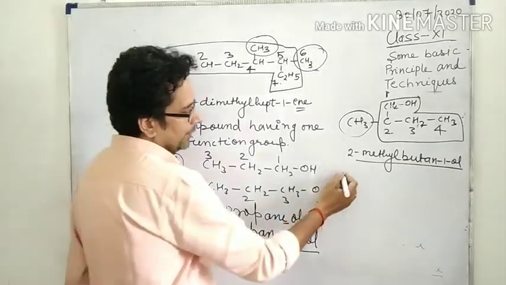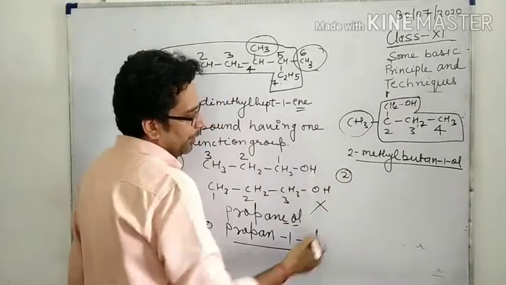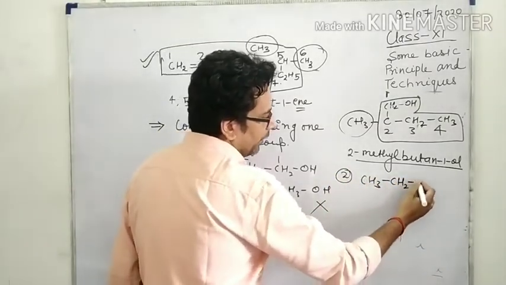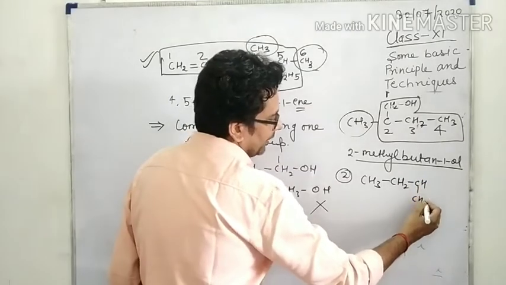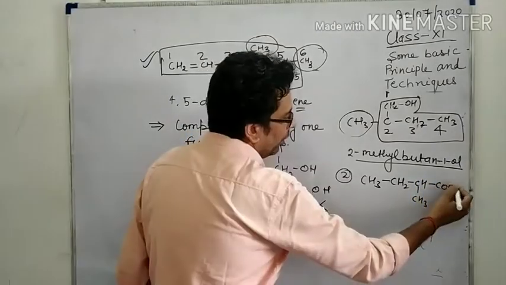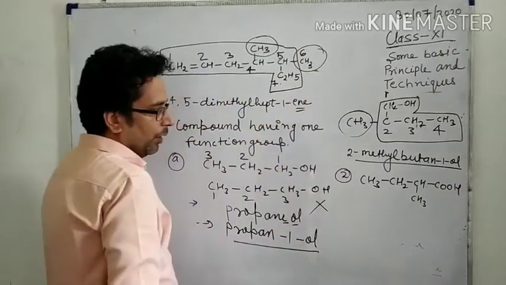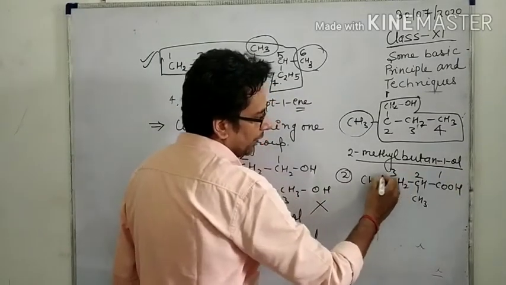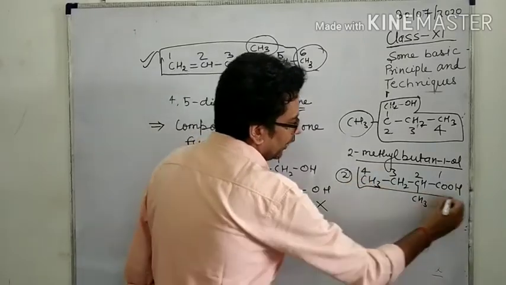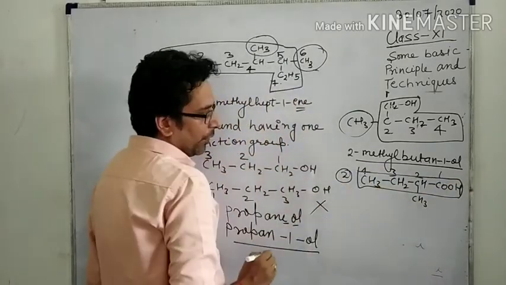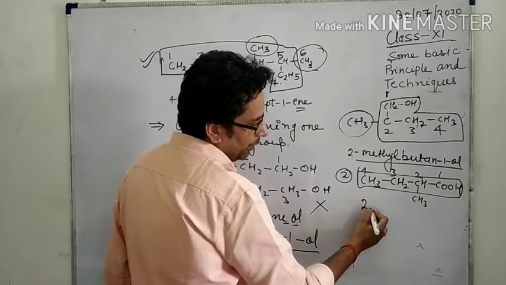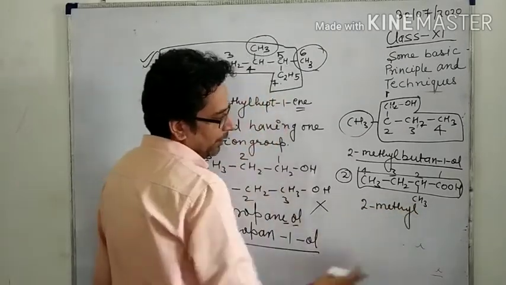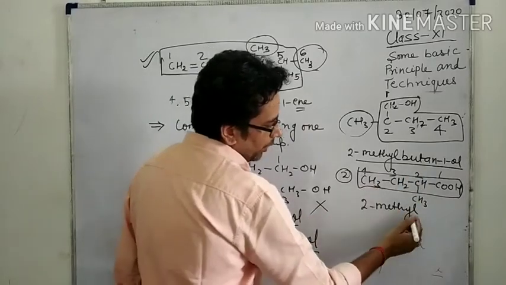Now second one, here CH3, CH2, CH3, COOH. Which one is the longest carbon chain? 1, 2, 3, 4. This is the longest carbon chain. Okay, so what is the name? Name is 2-methyl, 1, 2, 3, 4, 2-methyl